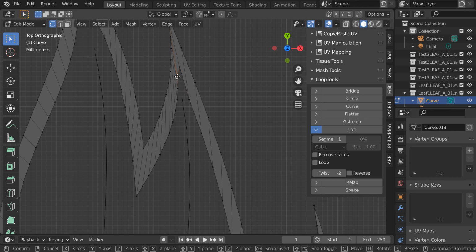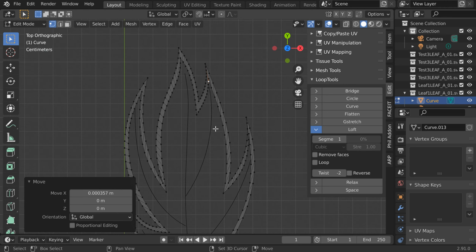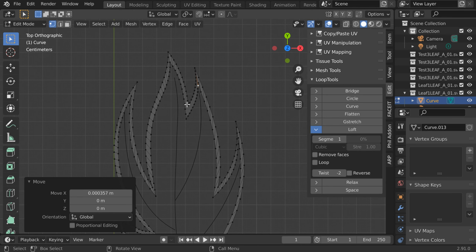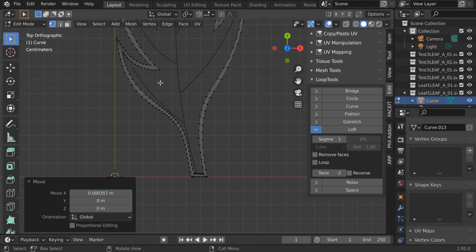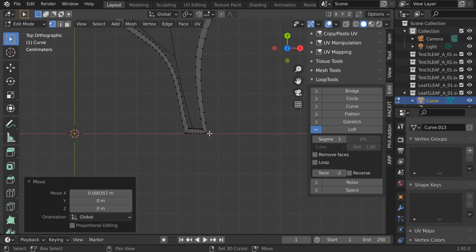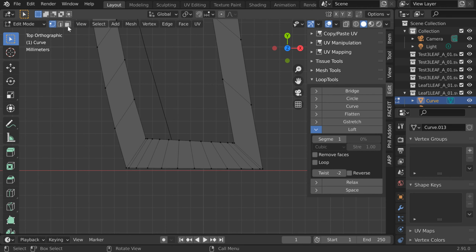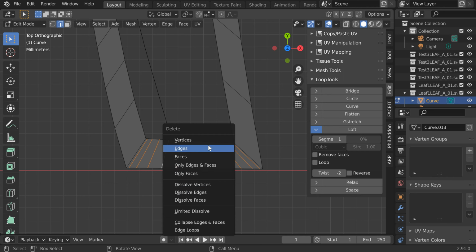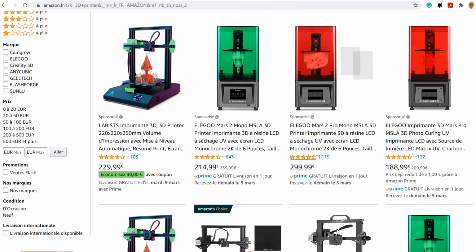Is the way the curve is made. It's not mixed up. Okay, so you can do better by editing the curve beforehand, but I think this is already not that bad. What I want to also do is to edit a bit here, because I don't need these ones, and then I dissolve edge, and oops,